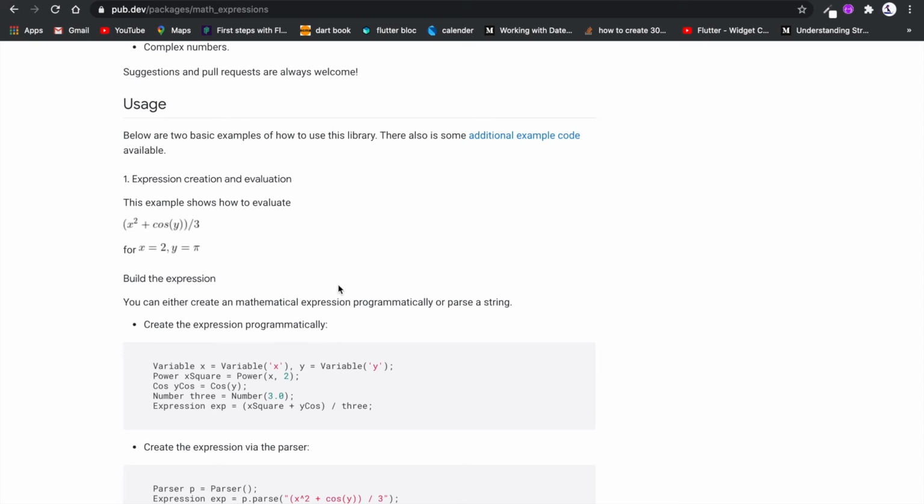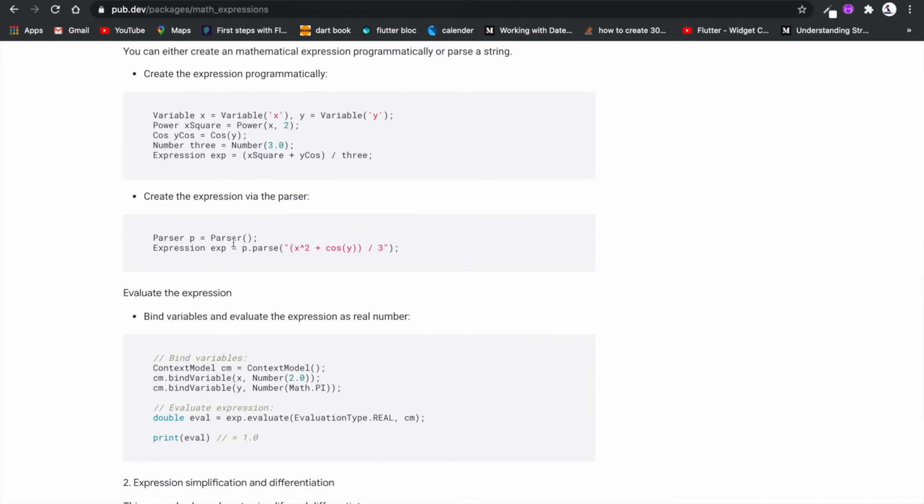So we will create an expression via the parser, and we will pass this particular line of code in our method. After this, in order to evaluate the expression, we will bind the variables with this line of code and evaluate the value as real numbers. So we will be adding these two lines of code in our onEqualPressed method.